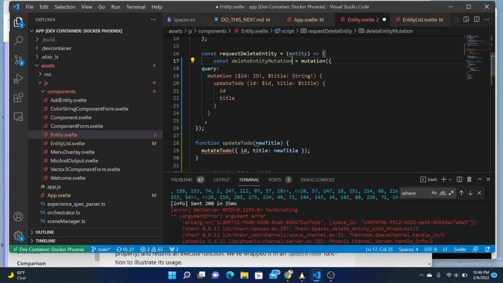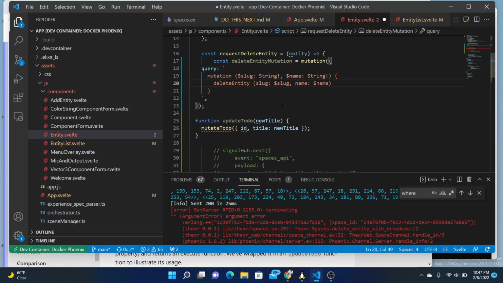So we want to give it the slug, which is a string, and the name of the entity, which is a string, and then we say delete entity, passing through the slug, which is $slug, and the name, which is $name. Doesn't take any return,